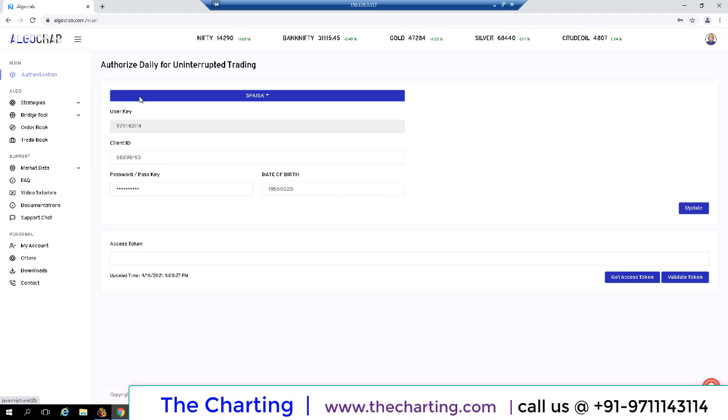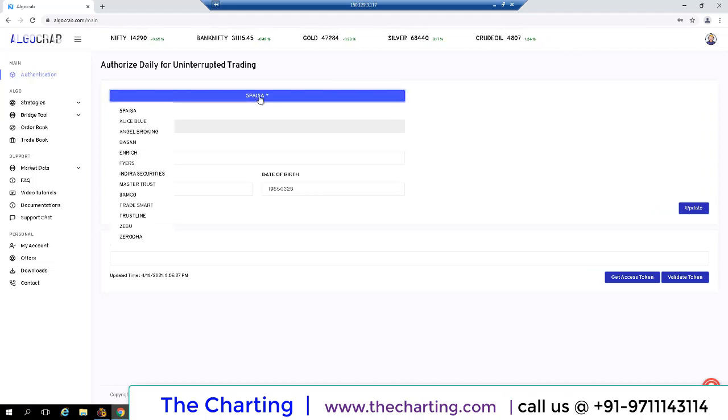Now we need to select our broker. Here are many brokers: 5paisa, Alice Blue, Angel Broking, Basant Trading, Enrich, Fires, Indra Securities, Master Trust, Samco, TradeSmart, Trustline, Zebu and Zerodha.